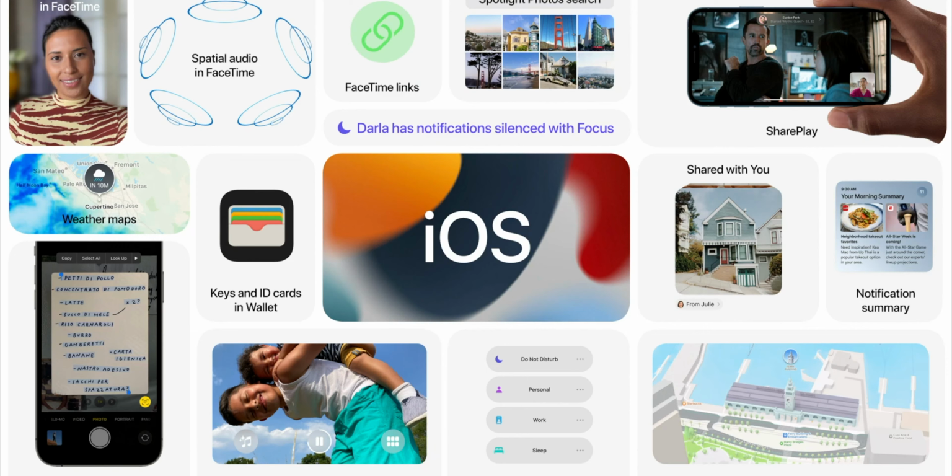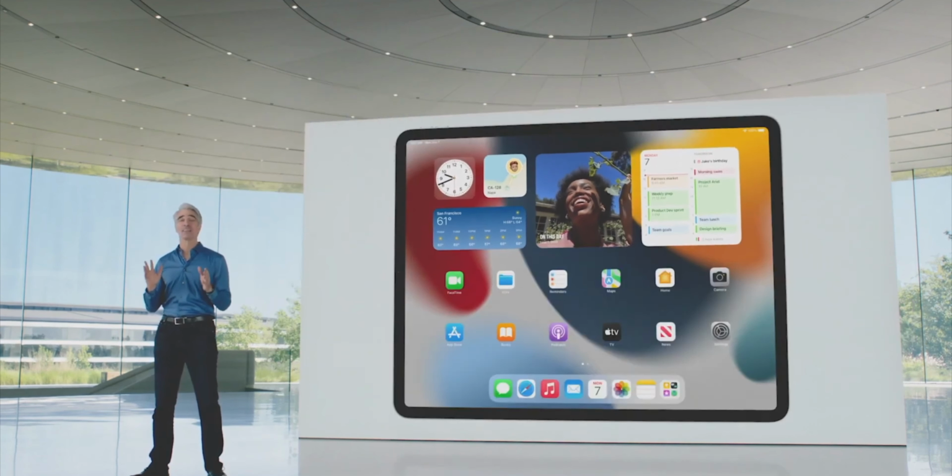But yeah, that's all of iOS 15 announced at WWDC 2021, and there's a whole load of new features such as releases on iPadOS and macOS Monterey, but that will definitely be a separate video when it's